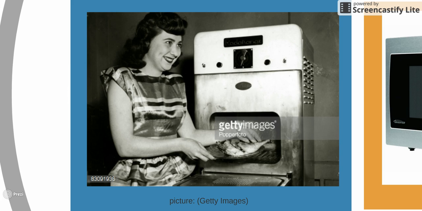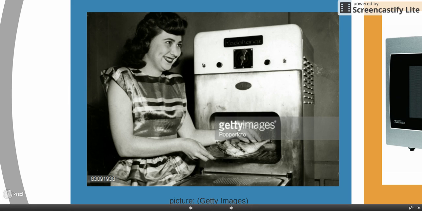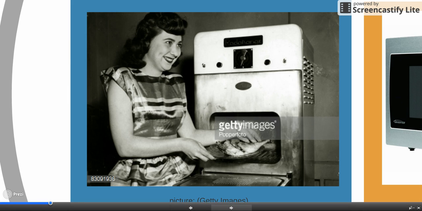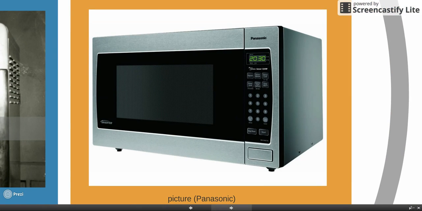In 1946, Percy Spencer invented the first microwave oven from radar technology that was developed during World War II. The purpose of a microwave oven is it actually heats food quickly and efficiently by exposing it to electromagnetic radiation. This was the advent of technology that would forever change Americans. Now, the first microwave ovens in the 1940s into 50s were actually very costly. They cost almost $2,000 due to the amount of money and technology that was needed to create it. Now, what I would do by this point is I would actually move over to my next picture,